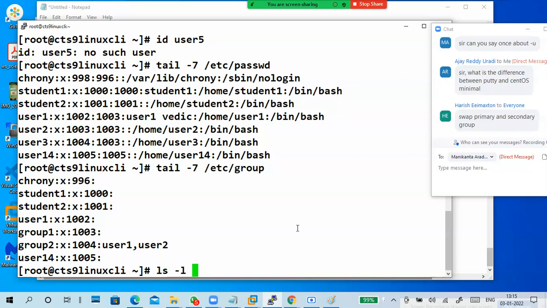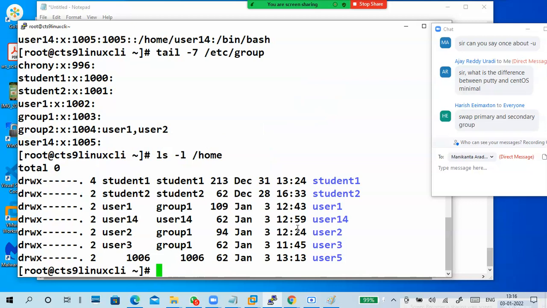Now the problem will occur. You see the problem. Can you see user5 here? The user5 directory exists. Then problem. What is the problem?